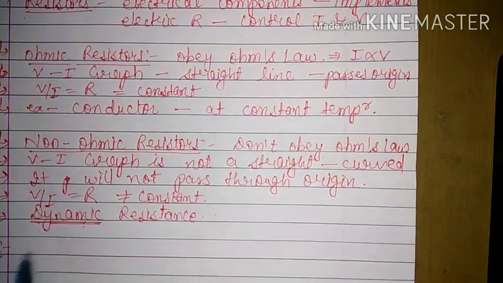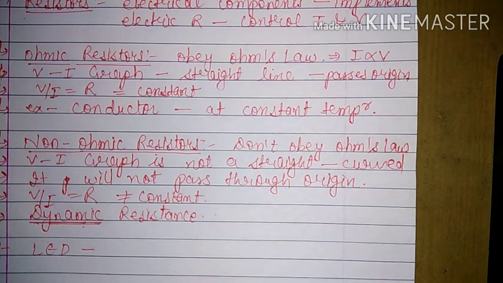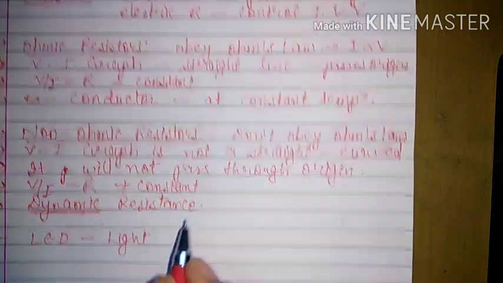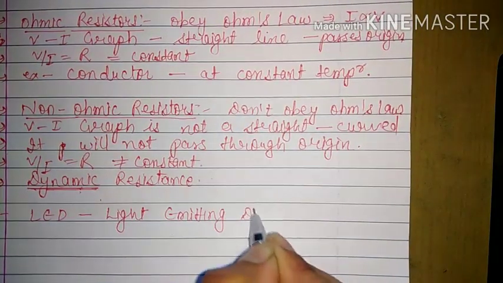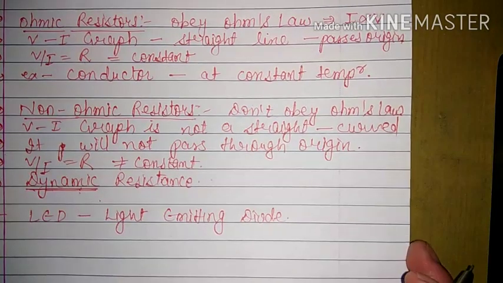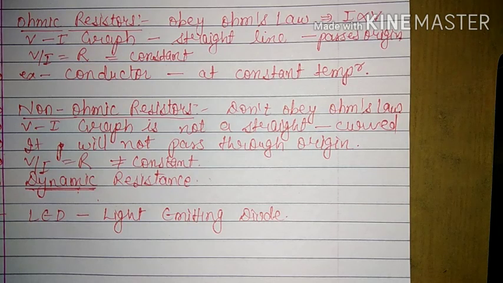Some examples are given here. The first is the LED, that we already know. It is a light emitting diode, and its full form we have to write once. We use LEDs at home because they consume less energy, have a longer life, and are actually fast switching also. So it is used at our home for general lighting.